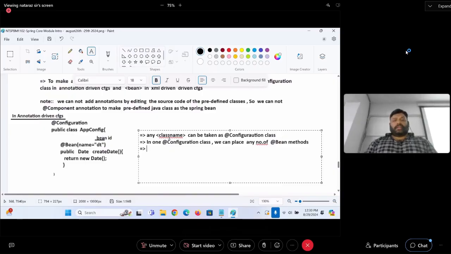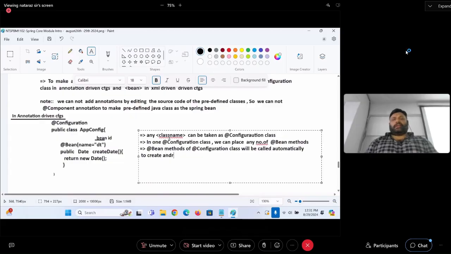Okay. @Bean methods of the configuration class will be called automatically